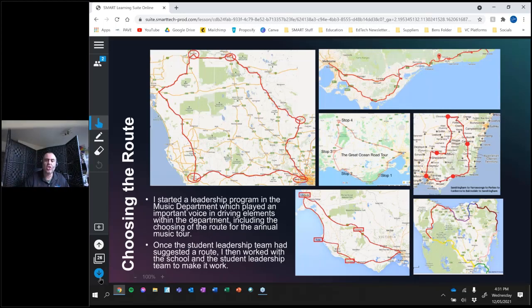So these are the choices that students made. Once we had made those choices, I then worked with the leadership team. Now, I took a lot of the lead here because of the planning and legalities of it, but then the leadership team had their key function and role in this planning was about working with me to choose activities,